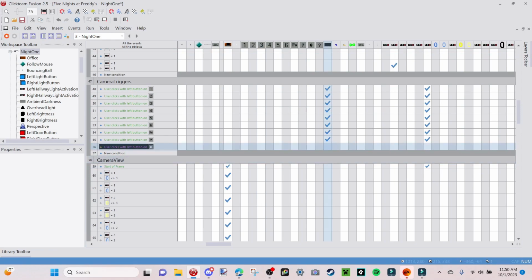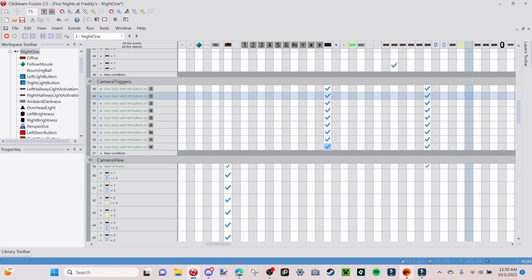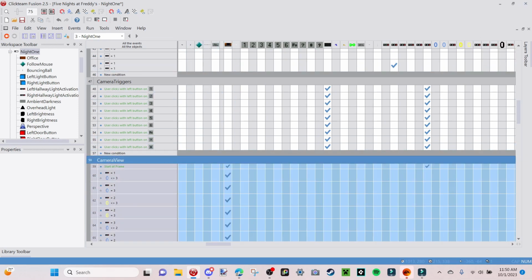And then on camera button 8, we are going to drag down this check mark from the static so that it'll also work there. And then we wanted to set the view camera to 9 this time because obviously, like I said before, the Foxy camera kind of gets in the way, all that. And then we're gonna do it one more time for our final